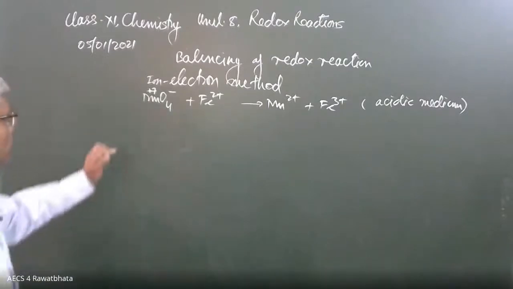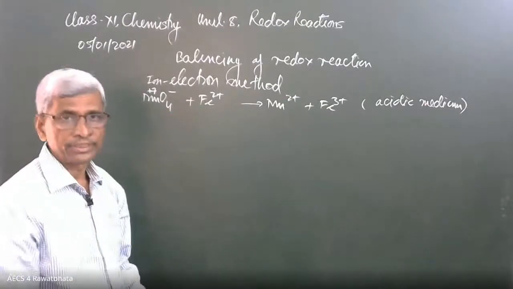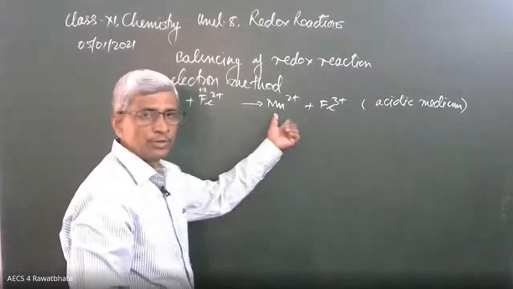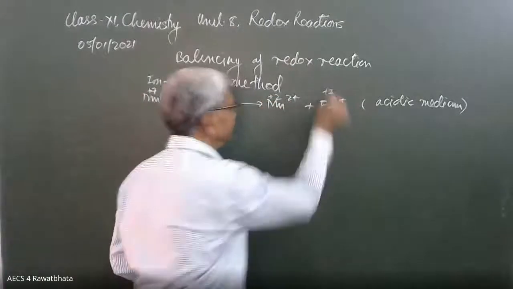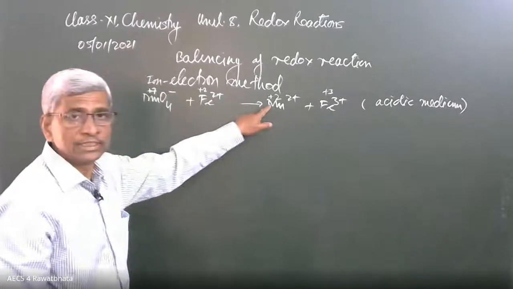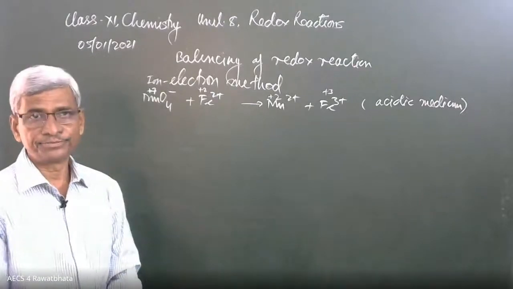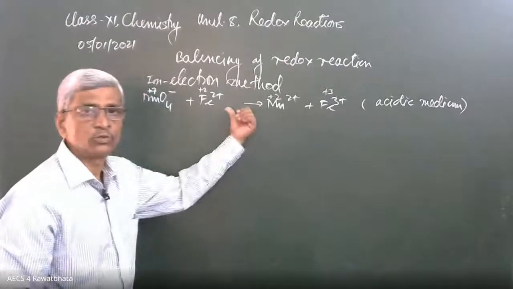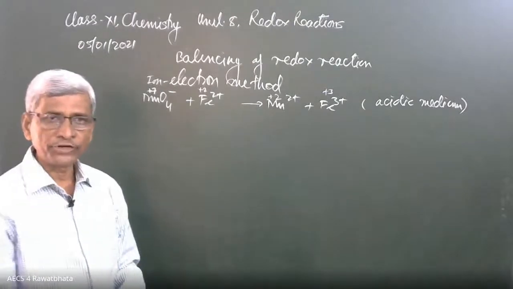Okay, so here is +7. Iron is a monoatomic ion, whatever charge, that is the oxidation state, +2 here, and here Mn is also a monoatomic ion, +2, and here Fe +3. Okay, see that +7 is going to change into +2, a decrease in oxidation number. This is the reduction half reaction. And Fe2 positive is going to change into Fe3 positive, +2 to +3, an increase in oxidation number. This is the oxidation half reaction.